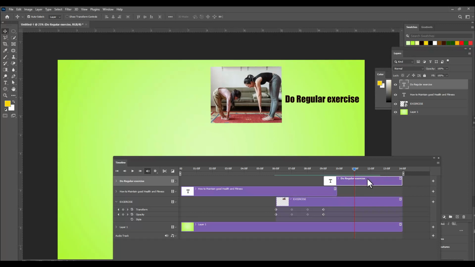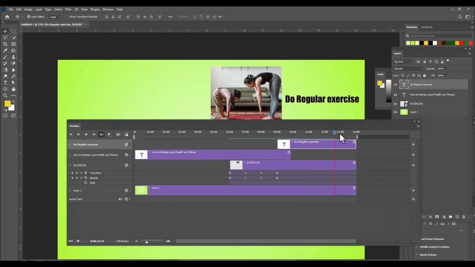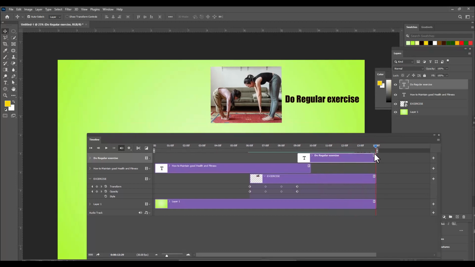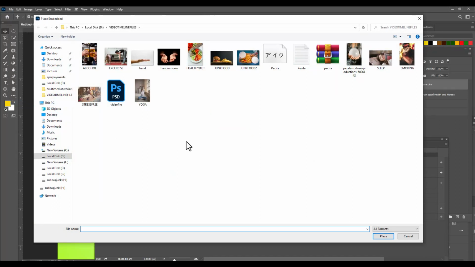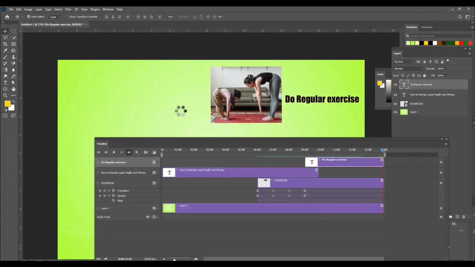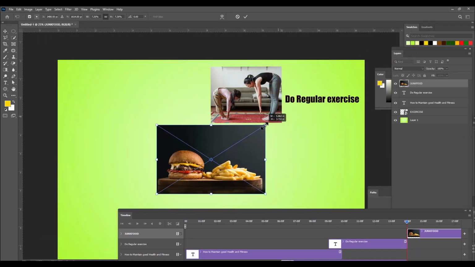So what we'll be doing is we'll first just move the time indicator to the end of our timeline, or near the work area bar. Then we'll just go to file and we'll select place embedded, and the next image is going to be this one, the junk food. So this is the junk food image,